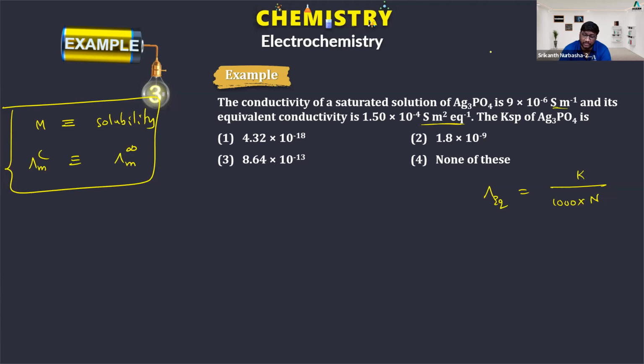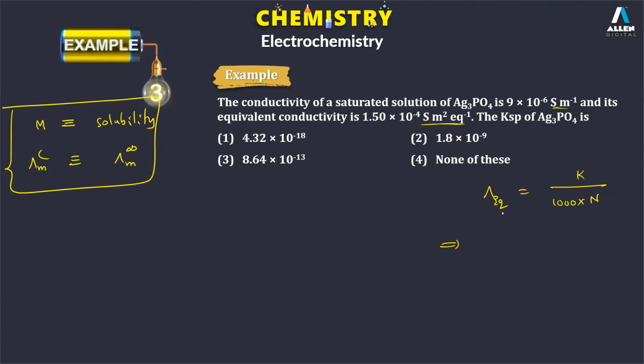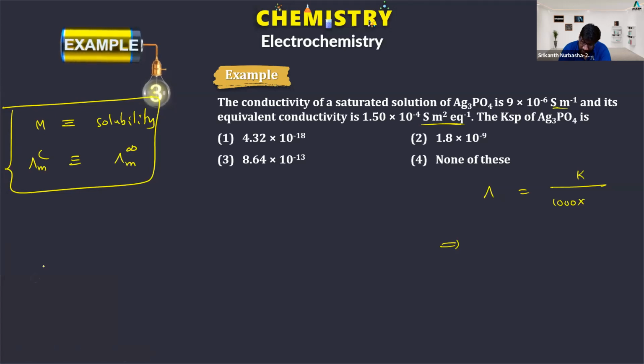So how can I write molar conductance? Equivalent conductance is equal to molar conductance by n factor. Molar conductance is equal to K divided by 1000 into molarity. So instead of molar conductance, I'll write equivalent conductance at any concentration into n factor, which is equal to K divided by 1000 into molarity. The equivalent conductance at any concentration you can approximate to the equivalent conductance at infinite dilution. So from here I can write the solubility, S is equal to,